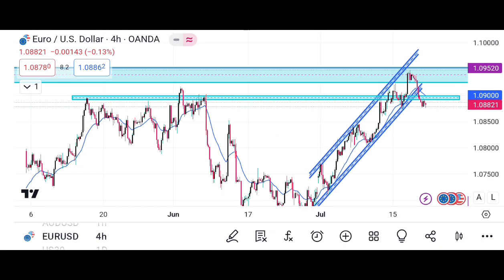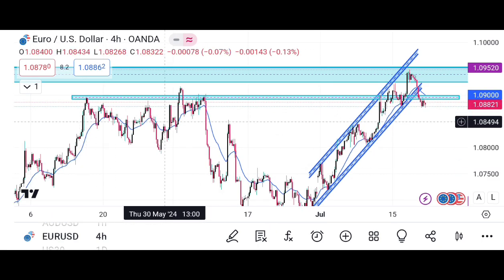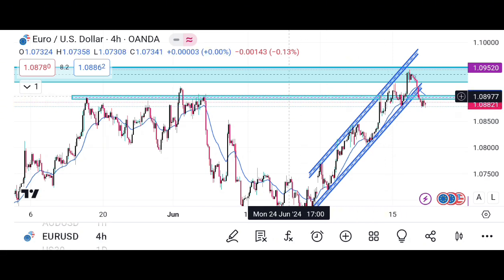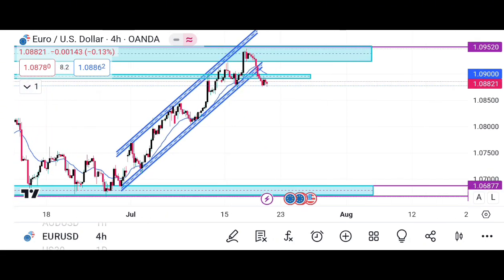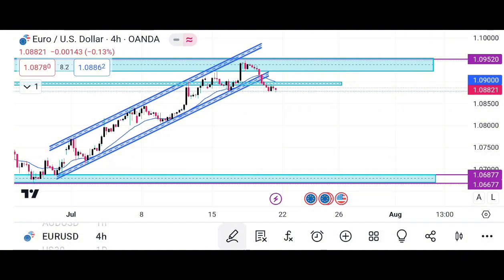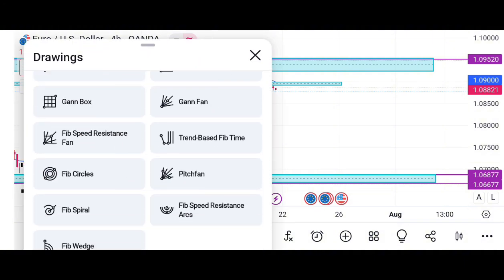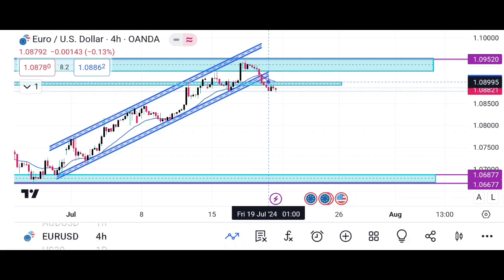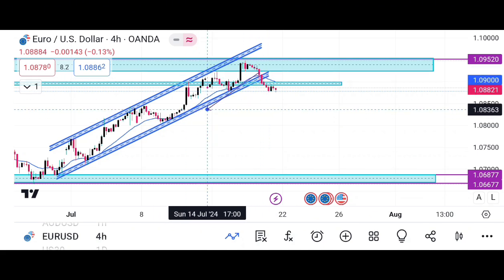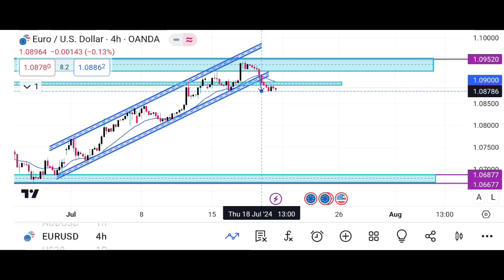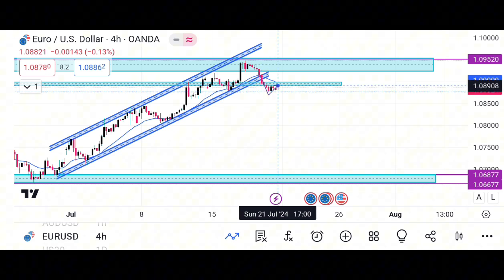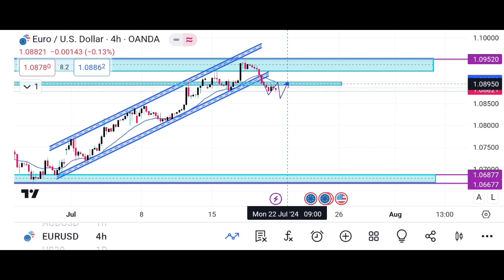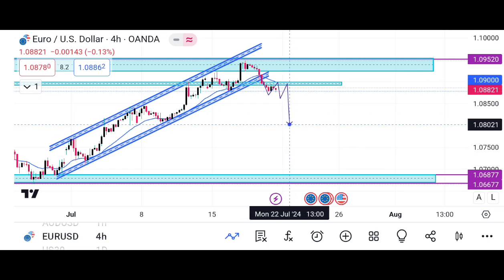Yes, sir. Touch 1, touch 2, fake out, touch 3. It's a very resistant zone. Okay, we might be looking for bears. I'm going to take this. Okay, we have a breakout out of this resistance of this parallel line and out of this support zone, which we are currently turning into a resistance.